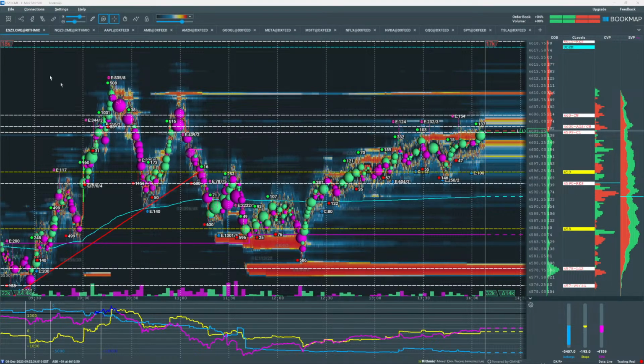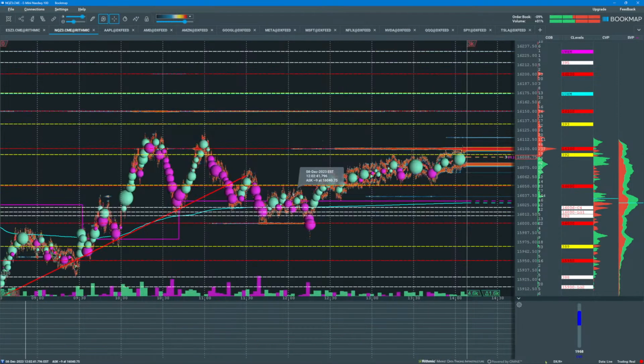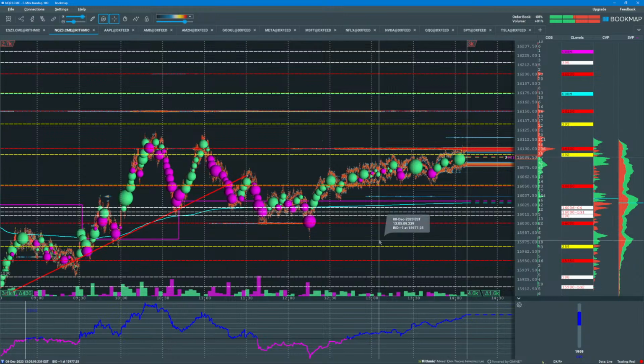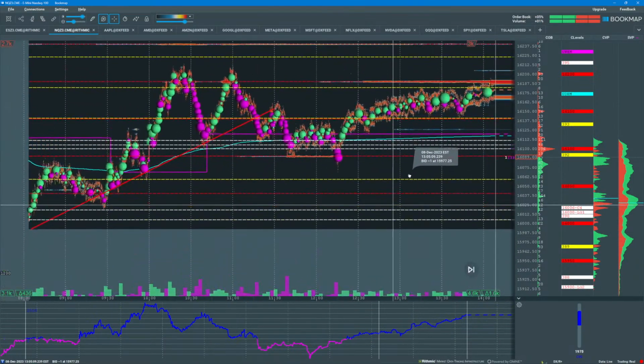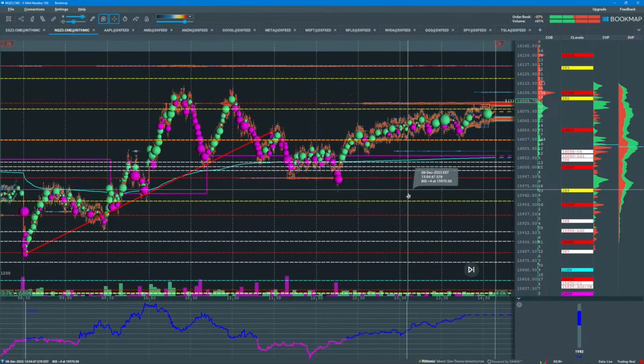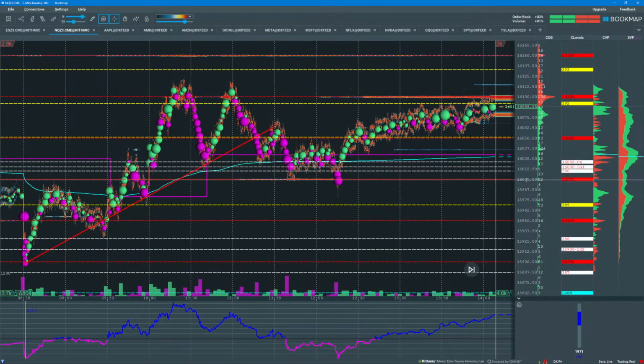All right, let's take a look at NASDAQ. And good afternoon, Vihu. Welcome. Glad you're here. I will take a look at Tesla today. Yeah, I will. All right, so here's NASDAQ. Again, I'm not sure why Bookmap is not showing more of the price action. Anyway, there we go. Here's NASDAQ.